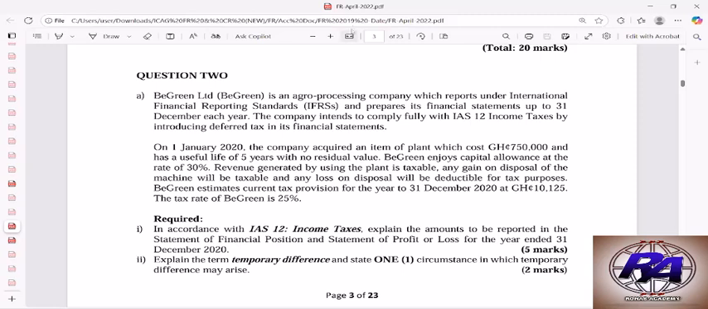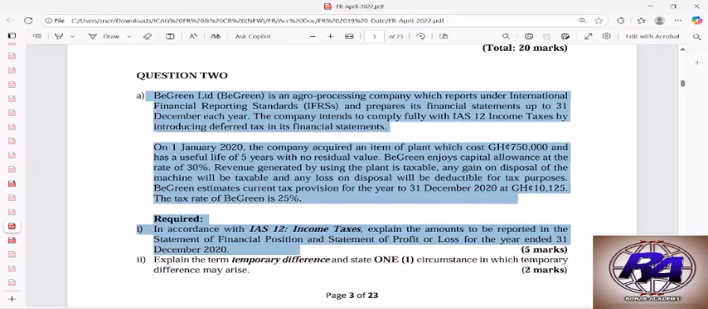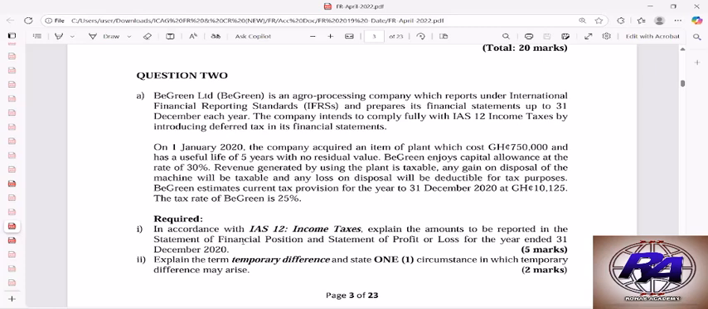This is the April 2022 FR paper, and here they are asking the questions on IAS 12. Let's see. Big Green Limited, I'm reading from the beginning. Big Green Limited is an agro-processing company which reports under international financial reporting standards and prepares its financial statements up to the 31st December each year. The company intends to comply with IAS 12, which is income taxes, by introducing deferred tax in each financial statement on 1st January